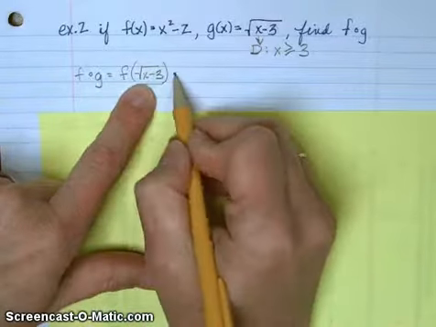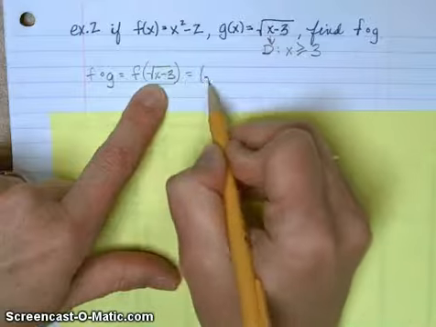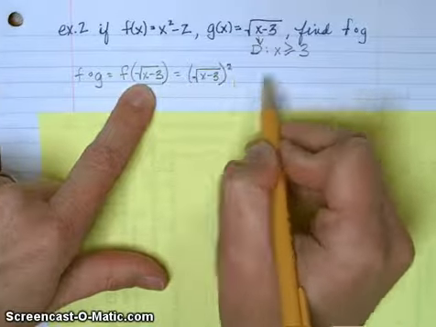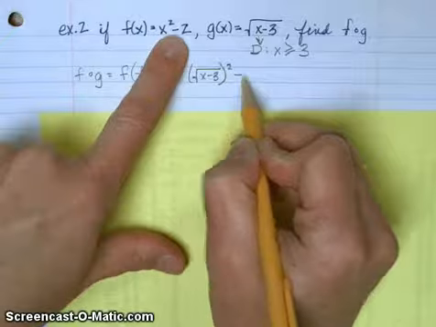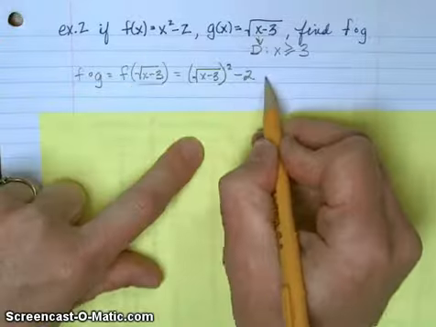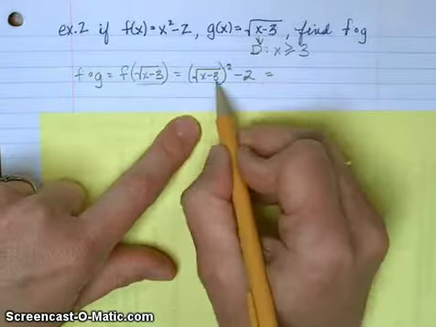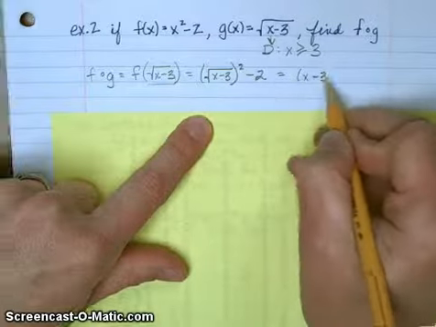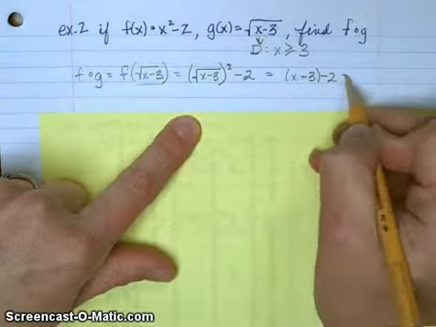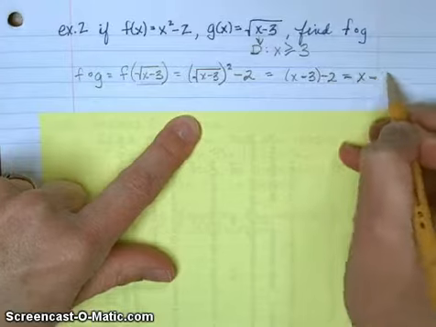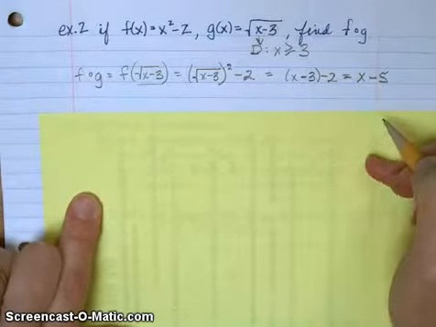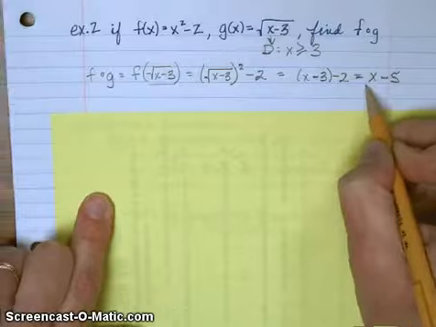So that's going to be the square root of x minus 3 squared minus 2. Well, the square root of x minus 3 squared is simply x minus 3. Minus 2 is going to give me x minus 5. So the answer is x minus 5,